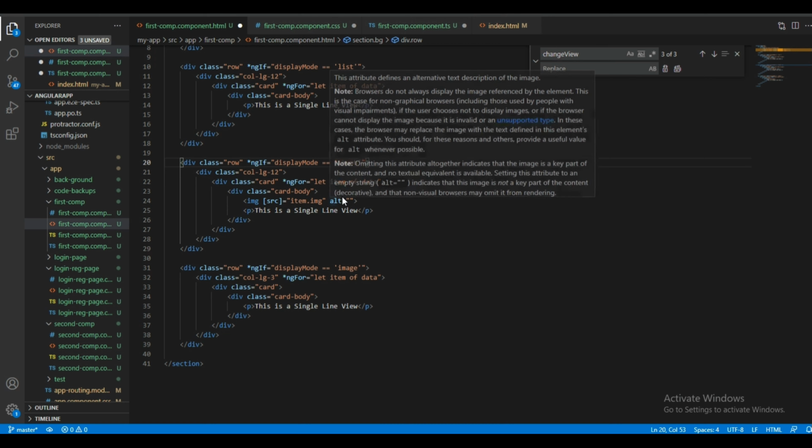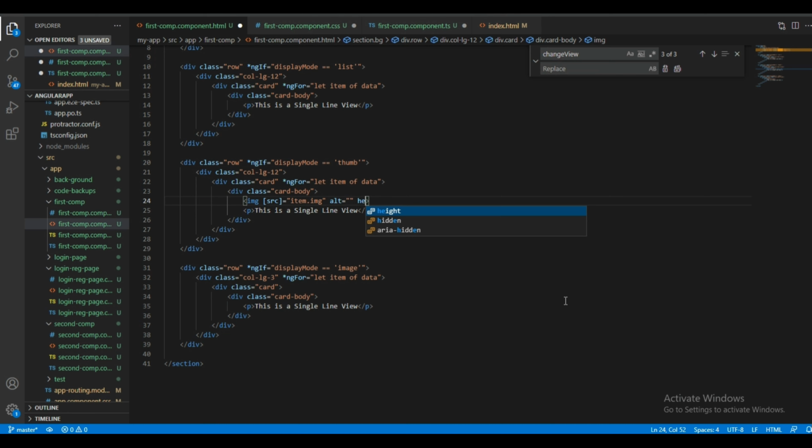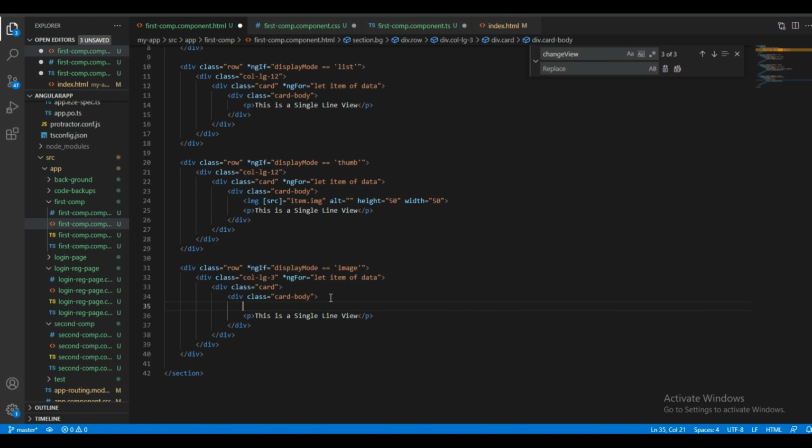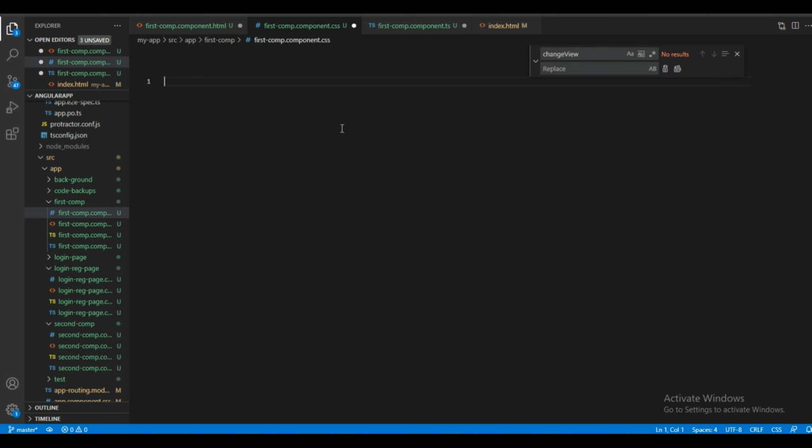The same way I will give height and width, height of 50, then the same way width of 50. So I will copy this and paste the same thing here, and here I will give 250 and 250. Okay, coming to here I will give the CSS.